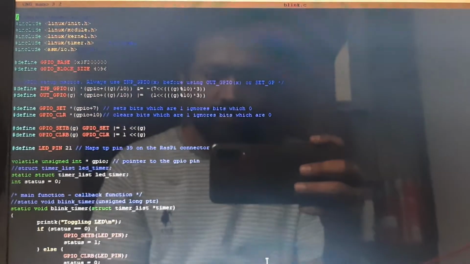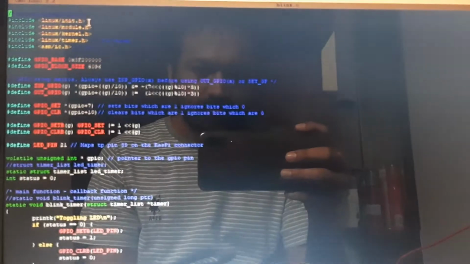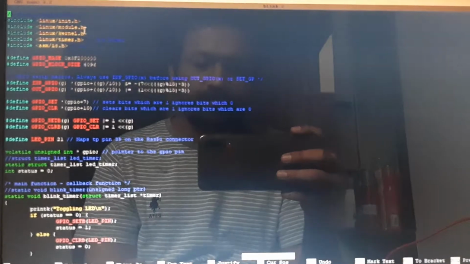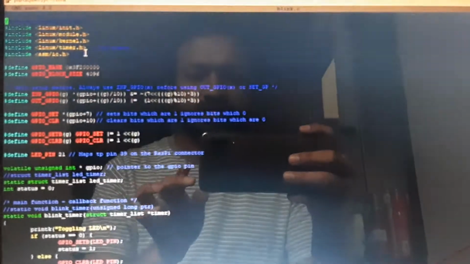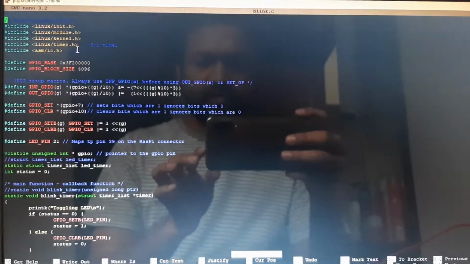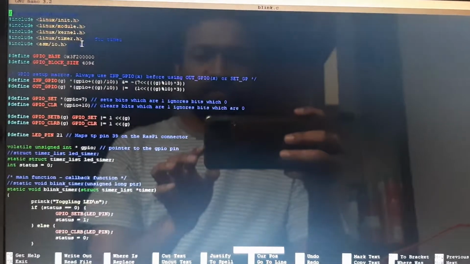So here you can see that I included the kernel modules: linux/module.h, kernel.h, and then timer.h. Just a minute, let me make it very clear. And then the IO header for the GPIO pins, and then there are macros for